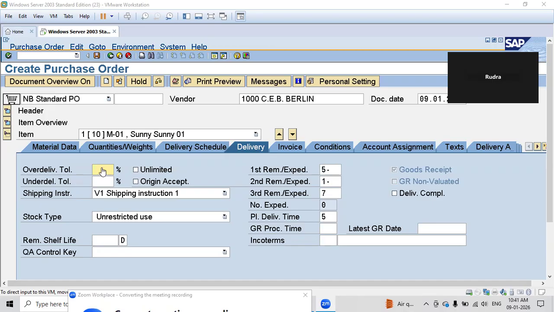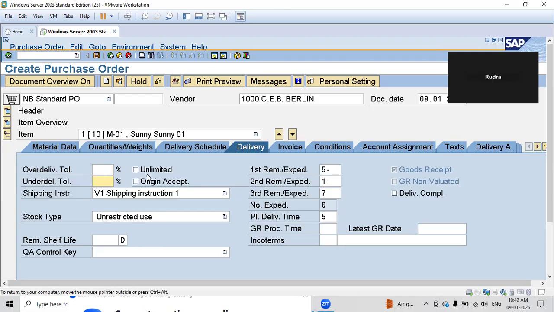Over delivery tolerance means if the vendor sends you the bulk load, sometimes they will send 2000 liters or 2000 kg, and sometimes they will send 2010 kg or 2100 kg. In that case you will accept that order. You need to manage it in percentage, which will not be a big one, 10% or 5%. We will accept the order. Over delivery is greater than 10%, and under delivery tolerance means less than 10%.